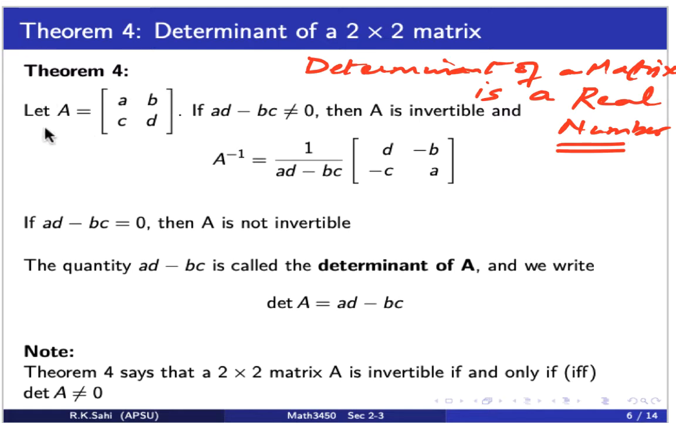It says if you have a matrix A, we take the two diagonal entries and multiply them, A with D. That's a convention we always follow. And B and C is also a diagonal. So we take the difference of AD and BC. If AD minus BC is not 0, then A is invertible, and the inverse is given by 1 over AD minus BC times